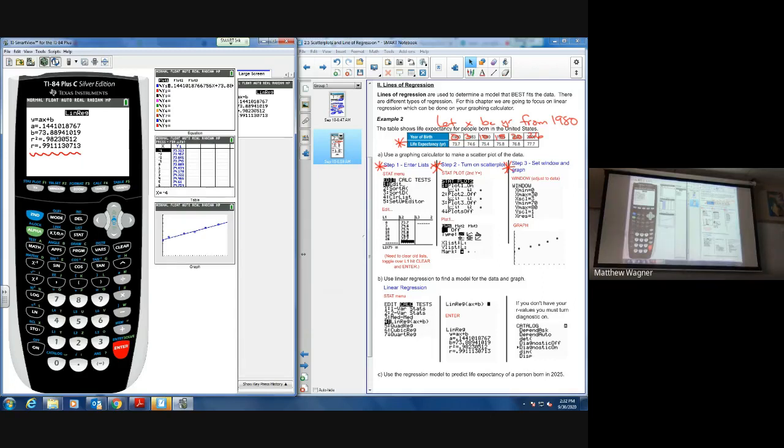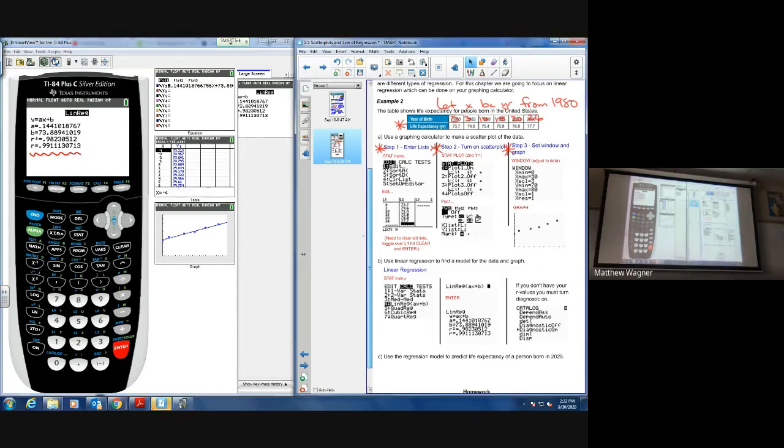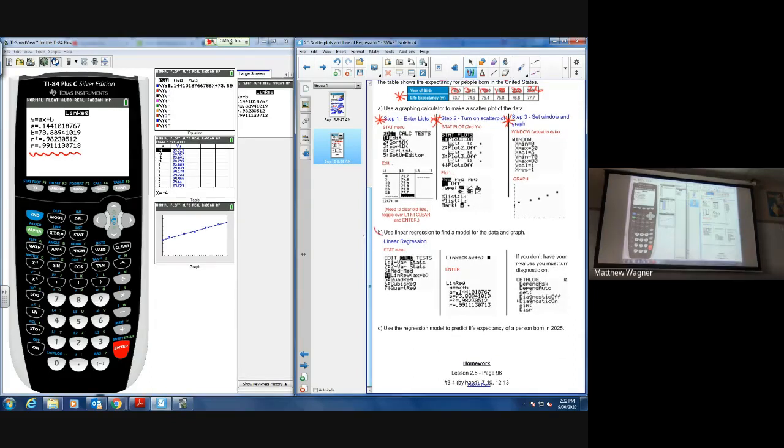So continuing back to our notes, we went through the steps. We did our linear regression. Again, you can pause, rewind, fast forward, do whatever you need to do to get through those steps, but do it a couple times in your assignment and you should be good to go. But like I said, we use linear regression to come up with our equation. So in this case, it was 0.144x plus